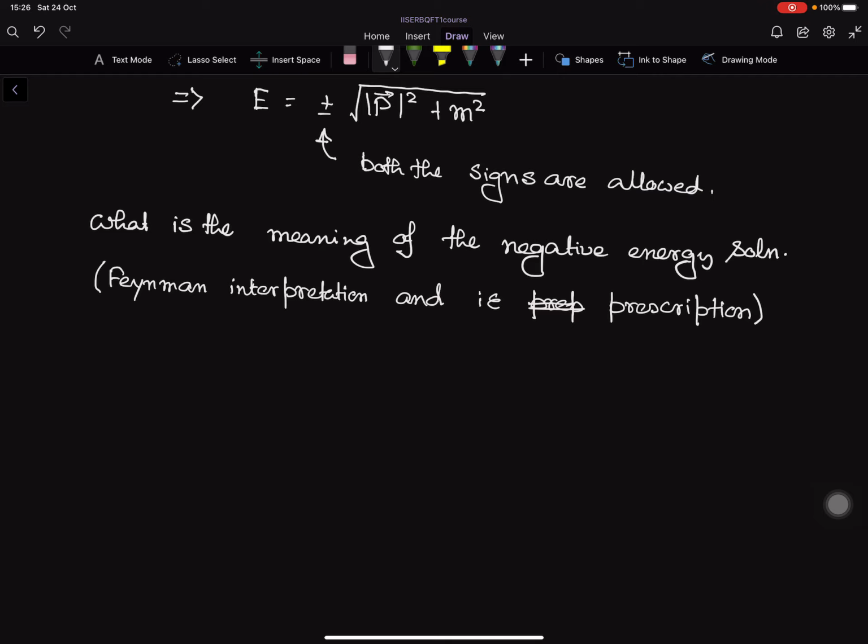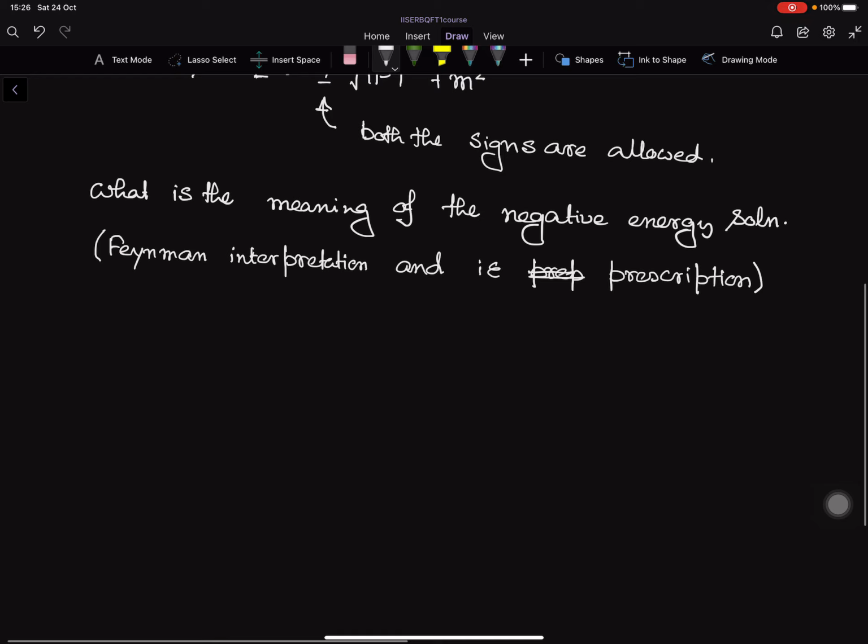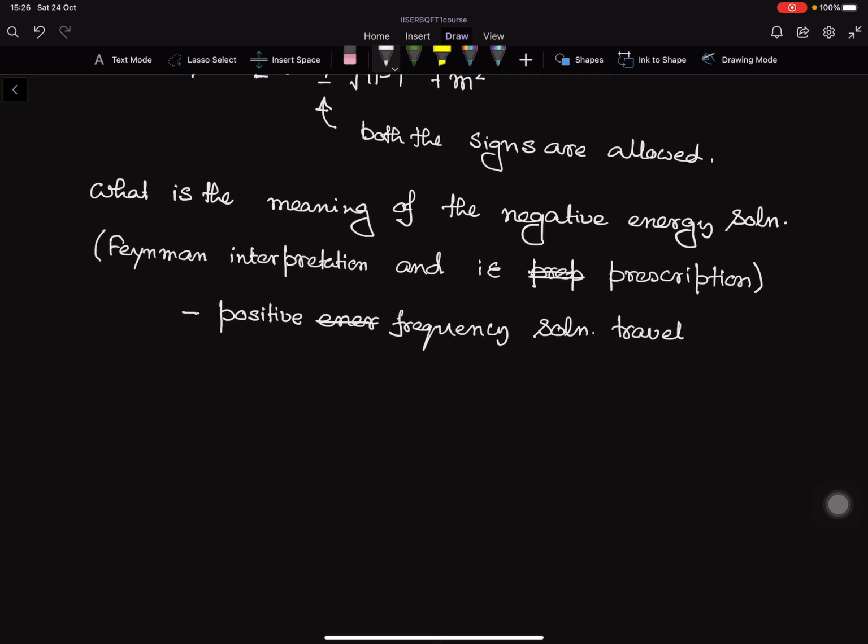So the Feynman interpretation is that positive frequency solutions travel forward in time,